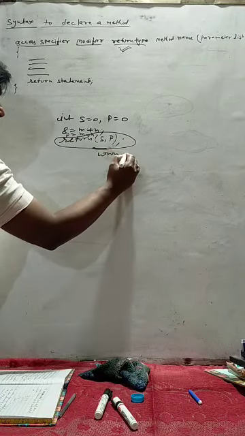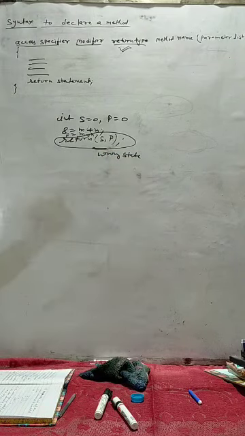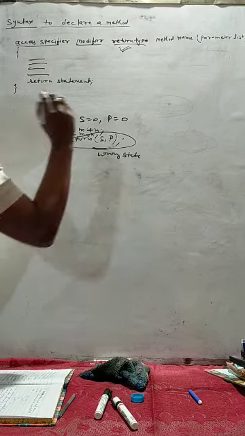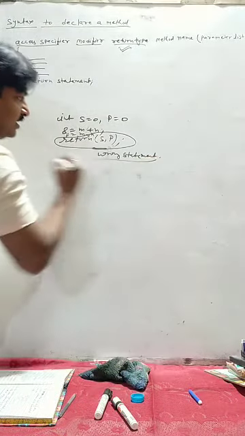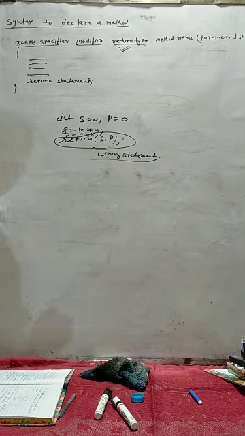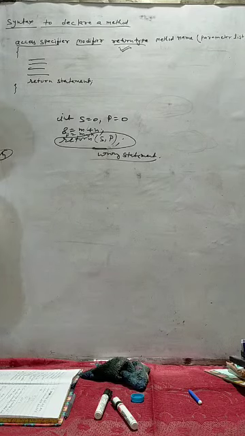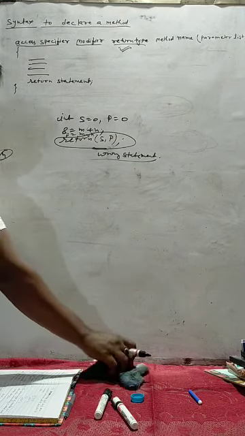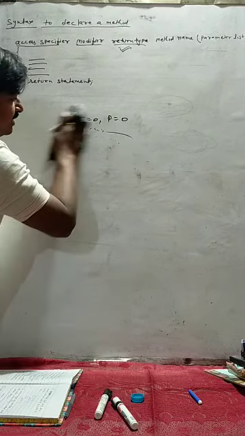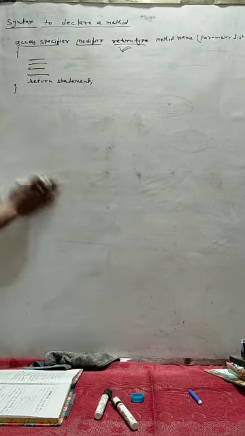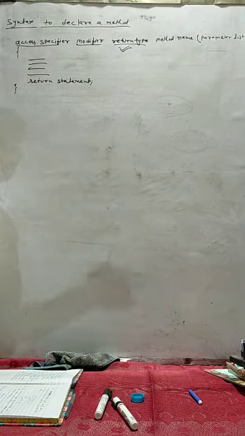This is a wrong statement, because a return statement will return only one value at a time. Never try to do this. Fourth is, a method may have more than one termination point. Means we can use more than one return statement in a program, but only one return statement will be executed at a time. See the example.